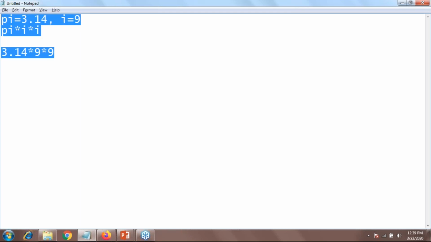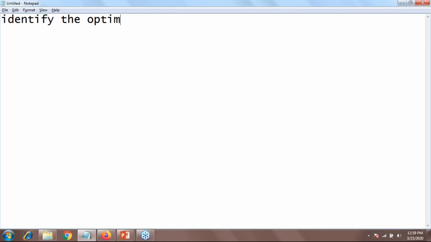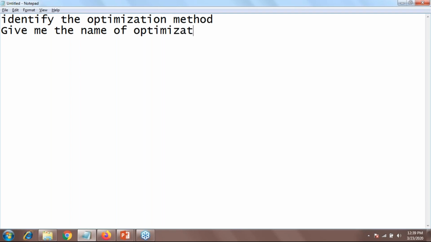Okay, now a question for the audience, or maybe for the students: for the given code, you just need to identify the optimization method, or give me the name of the optimization method.